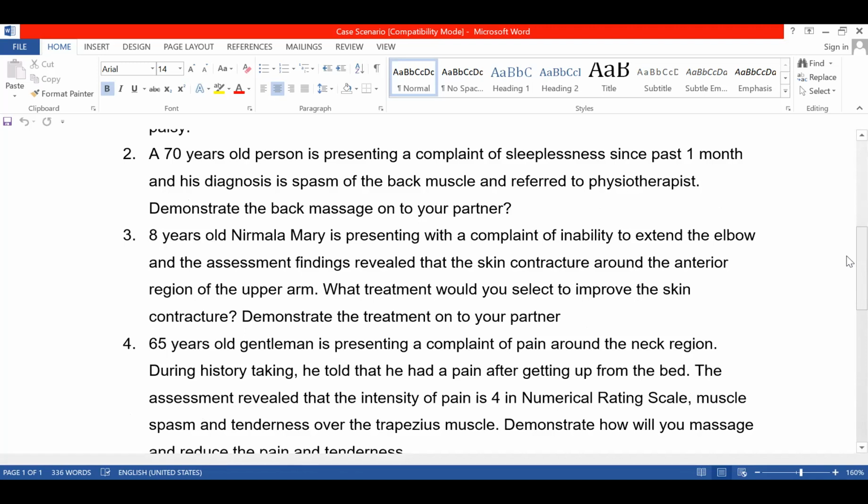Hi, good morning, Miss. To do back massage, we need to position the patient in prone lying. First, we need to apply lubricant. It can be lotion, powder, or any other essential oils. Then we apply effleurage to the whole back 3 times. After that, we can apply circular kneading on the back, and then do effleurage, distal to proximal, and then skin rolling. After that, we also do effleurage from distal to proximal.